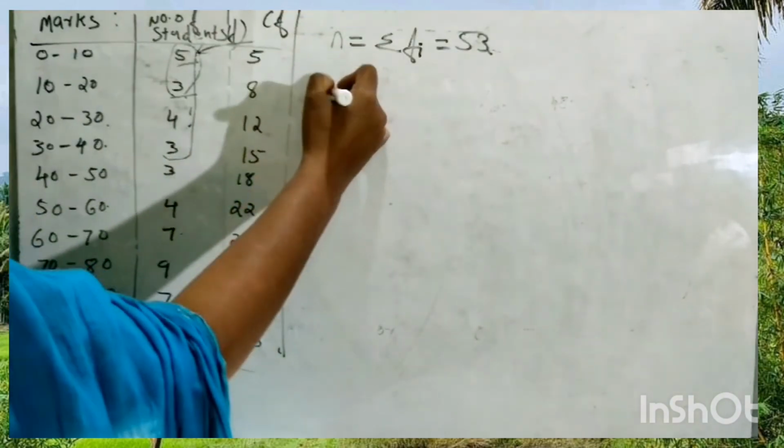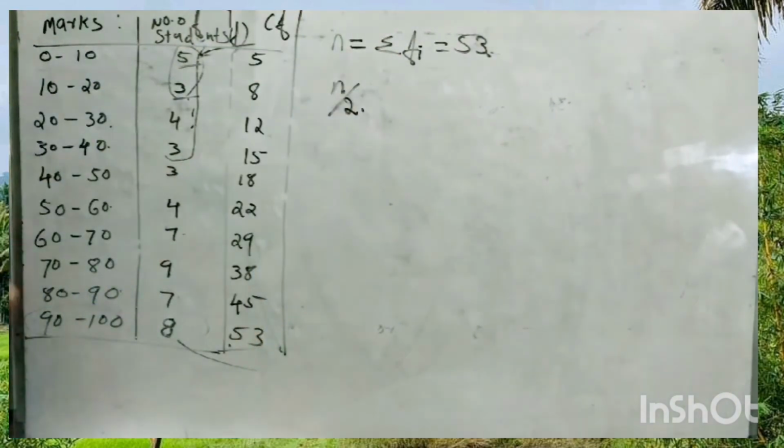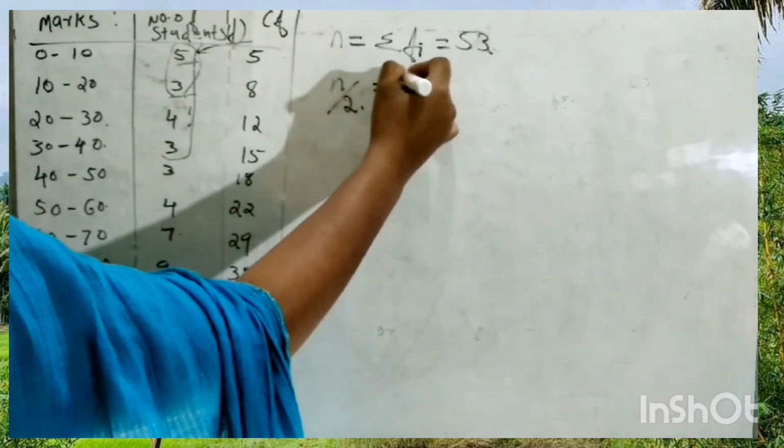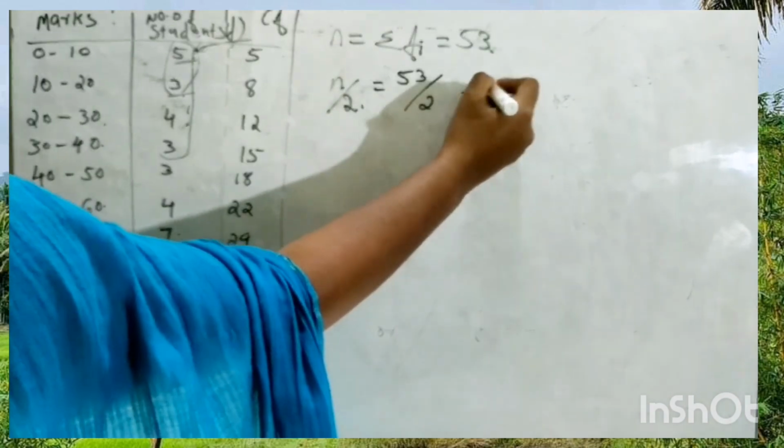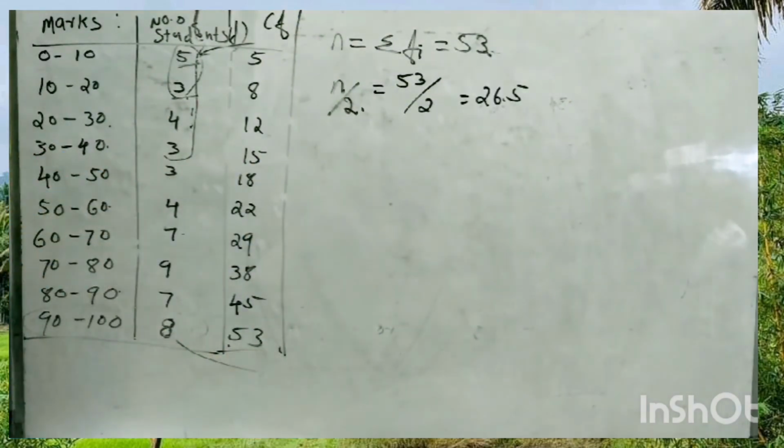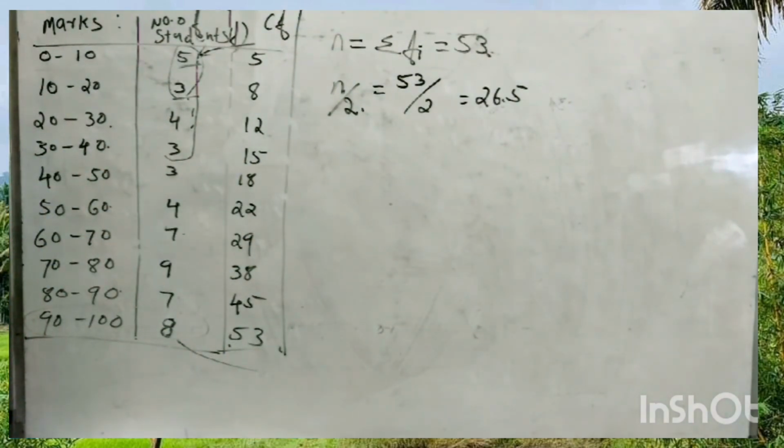We will take half of this frequency. Always we will take half of that frequency. Summation fi is 53, and just take half of that. Then 53 by 2 is equal to 26.5. N by 2 is equal to 26.5. Now just look at the